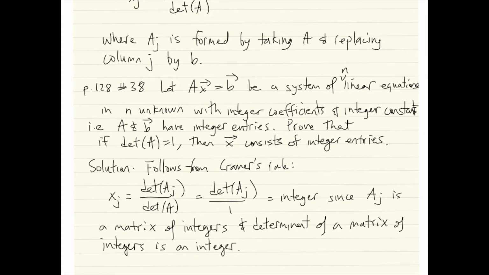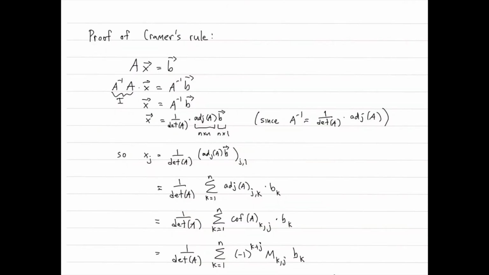Alright, so x sub j is an integer, and that's what we were trying to show. Okay, on this slide we explain Cramer's rule, or the proof. Why does it work? So, alright, we start with this system of equations, Ax is equal to b, and we